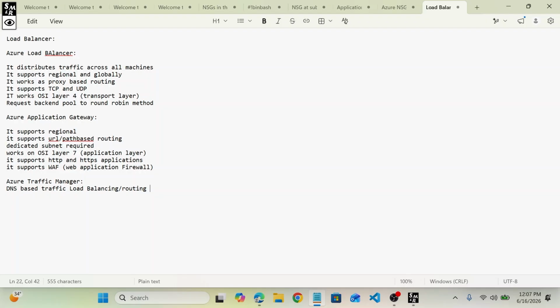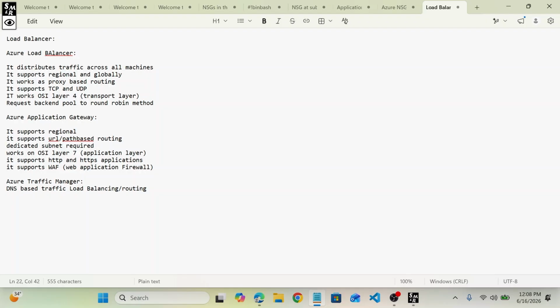Imagine your application is deployed in multiple regions around the world. Do you want to ensure users are routed to the best performing or nearest location, and how do you provide business continuity if one region is down? For example, your machines are deployed in East US, a few applications are deployed in West US, and a few in some other region. Whether you want to manage all these routings, priority based, weightage based, latency based or geographical based, if you want to manage all these things, we can use